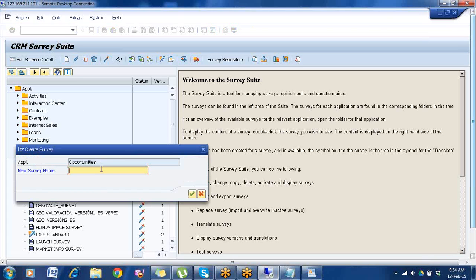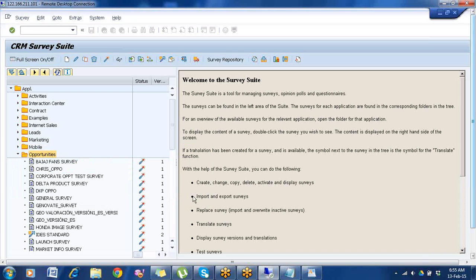Give some survey name, any name like product launch survey, just for example. Simply I have given 01 to identify, in case a similar name is there, so by 01 we can identify. Enter, enter.